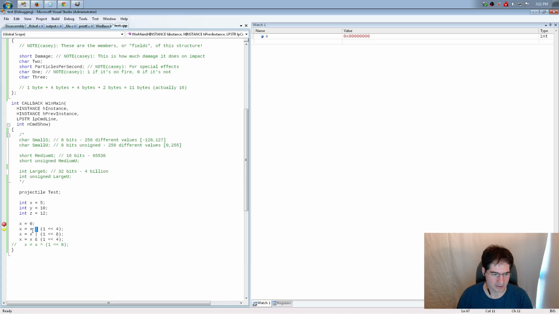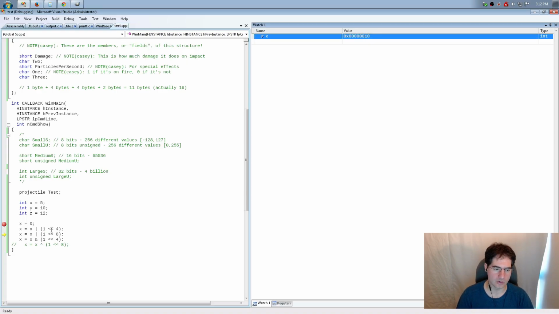What the OR operator does, which is the first operator I want to show you, is it basically sets bits in the value if either of its two operands happen to have that bit set. It's saying set the bits if either of the two inputs are true. So I have x, which is 0, so no bits are set in x. And I have 1 shifted up 4, which means there's a 1 in the 4th bit of this one. So when I OR these two together, I should just get that 1 bit set, which is the 1 shifted up 4. And I step and see, there it is, right? So it's OR, the two of them.